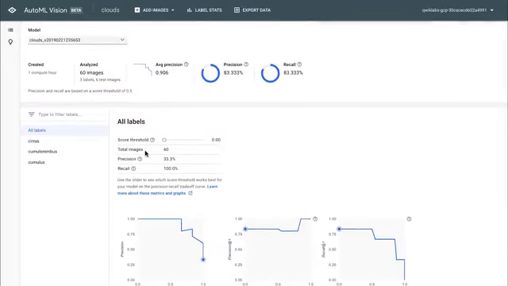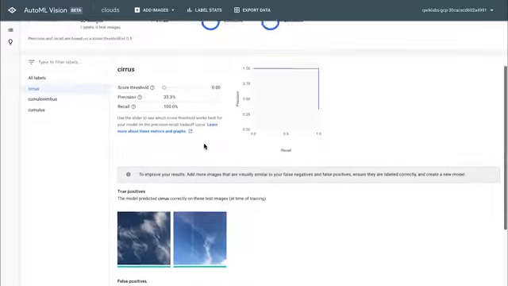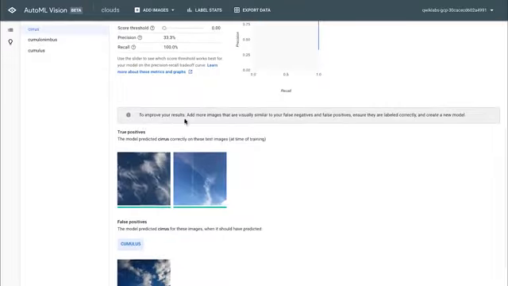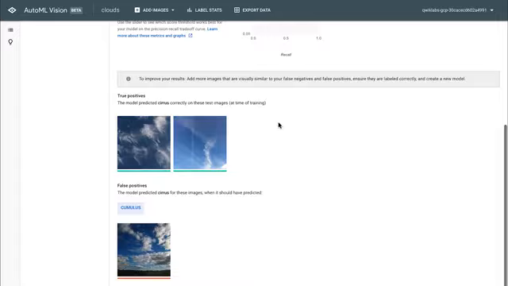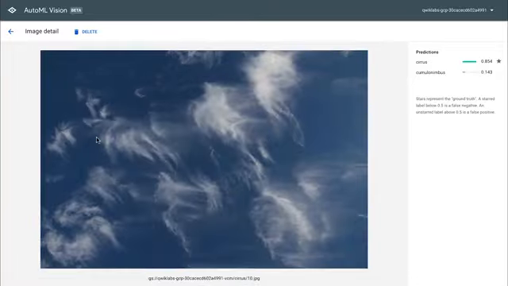It's oftentimes helpful during iterative model development to look to see what it is the model did well on and what it is the model didn't do well on. Oftentimes that can inspire new decisions. If you click on Labels in the Labels panel, you can see individual images that are true positives or false negatives. So the true positives are ones that the model correctly identified as being members of that class. In this case, this true positive had a score of 0.854. So if the score threshold had been higher than 0.855, this image would not have been considered to be a cirrus.